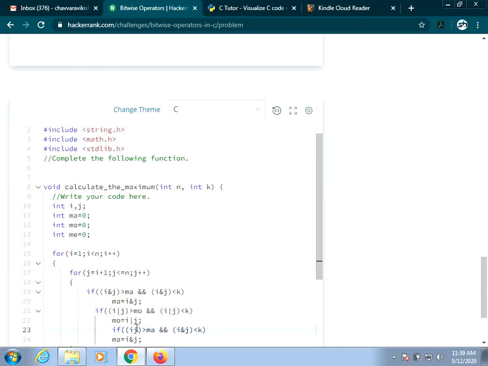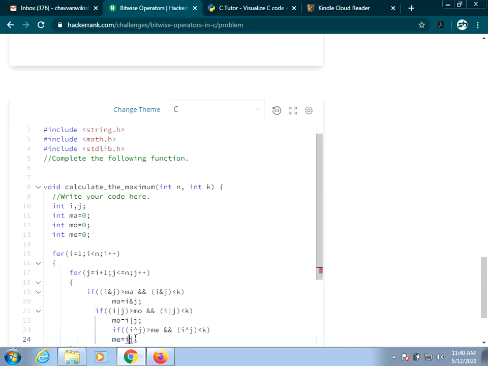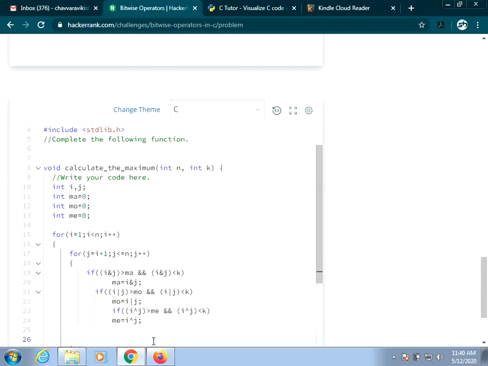In a similar manner, exclusive OR. Remember the exclusive OR symbol is cap. If i cap j is greater than me and i cap j is less than k, me is equal to i cap j.